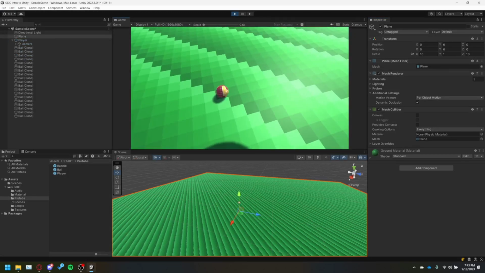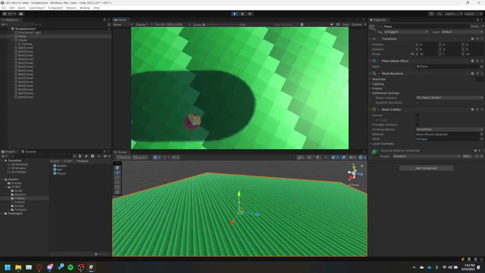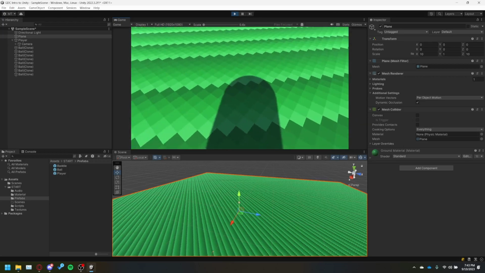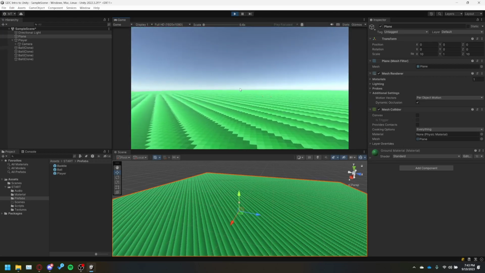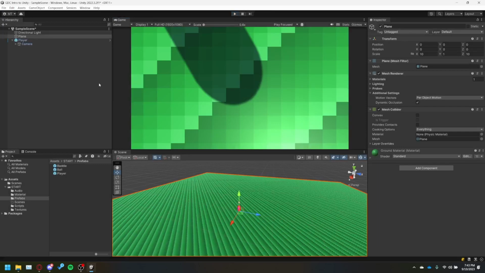If you'll see, you can run into the ball, and I will actually get stuck on it. I can roll it, which is okay, I guess, but it's kind of annoying, right? Imagine if you were playing a game and you shoot a ball out of your face, and then you keep running into it. That's really annoying. So Unity has a feature,